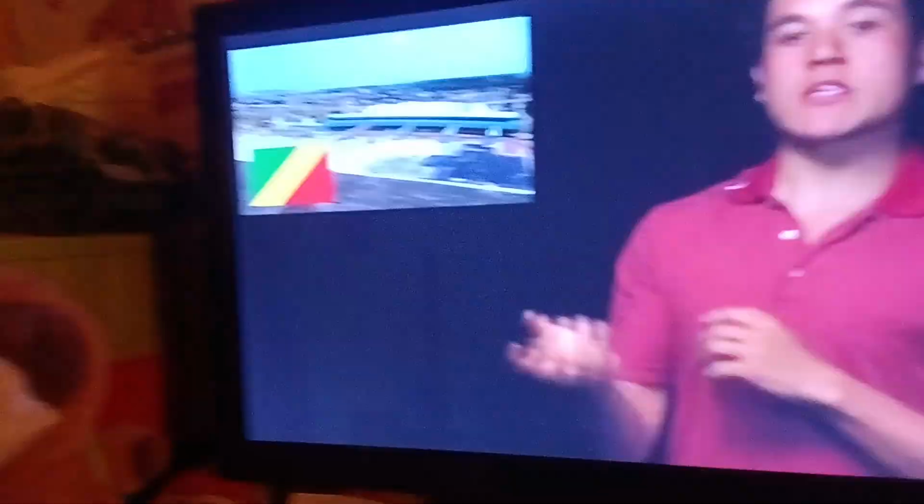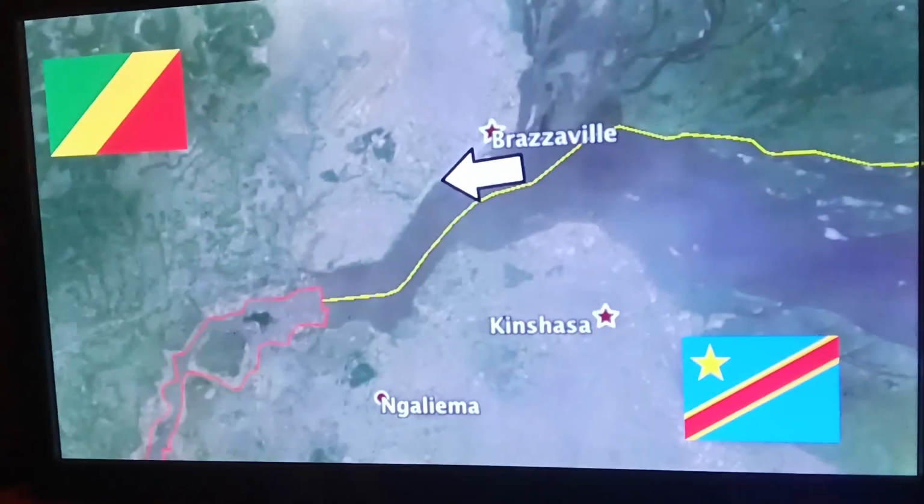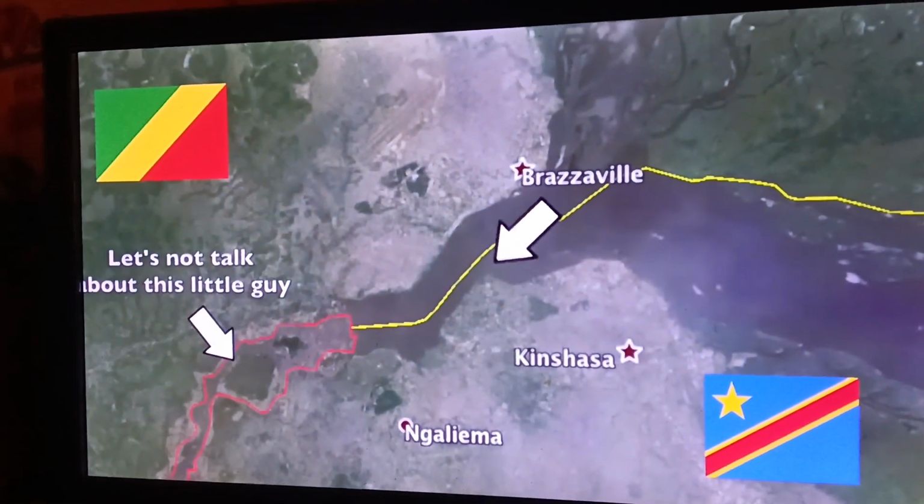so in order to cross, you will either have to take a ferry, which can be incredibly crowded and sketchy. Some tourists that visit Brazzaville go so far as to charter flights that go to Addis Ababa, Ethiopia, and then to Kinshasa to avoid the hassle, even though the distance is literally less than 7 kilometers or 4 miles apart.